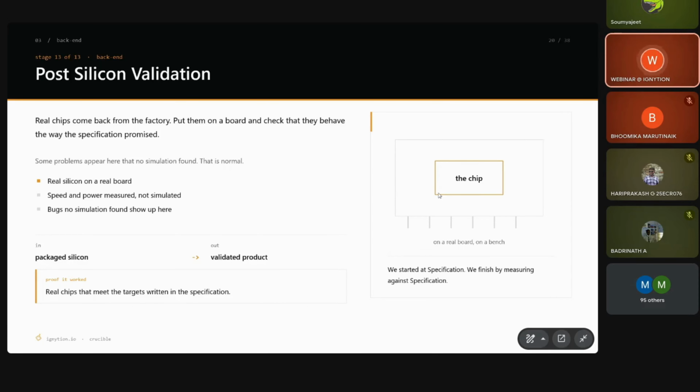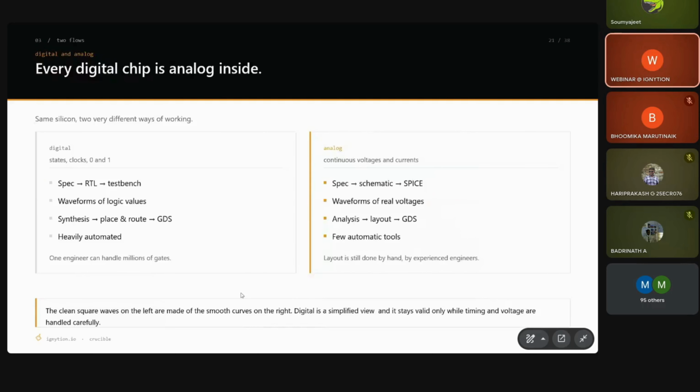So the proof that this stage worked and the proof that your silicon is ready to operate means real chips that can meet the targets which are specified in the specification. So that will be considered as healthy chips, which we have discussed before. And also here we'll be using the DFT logic for knowing whether the chip is healthy or bad. And till